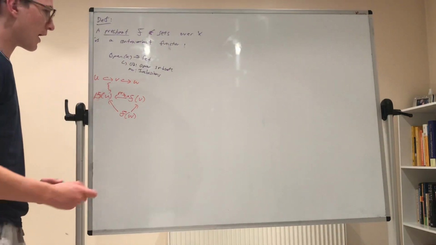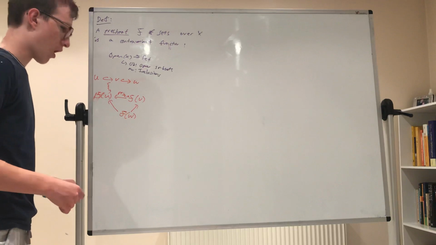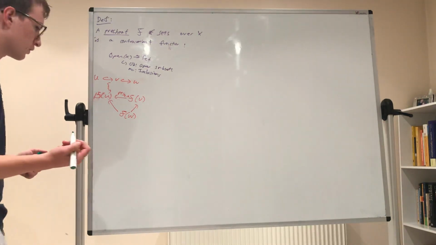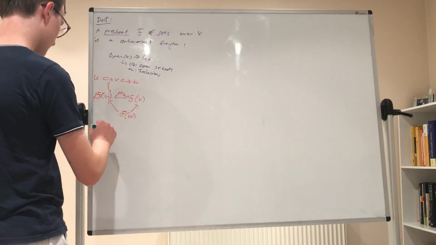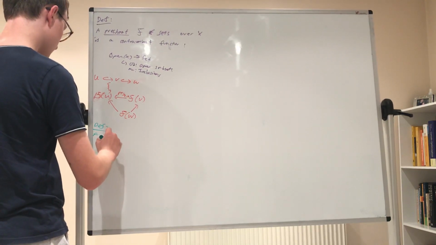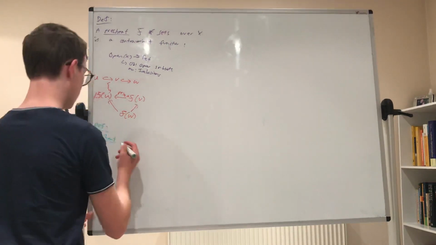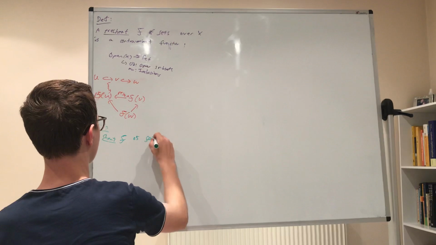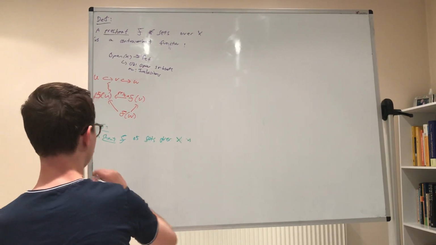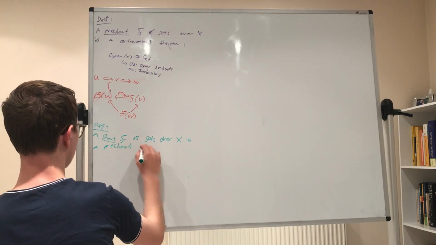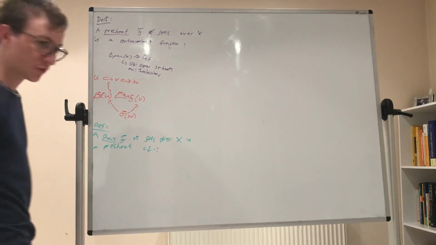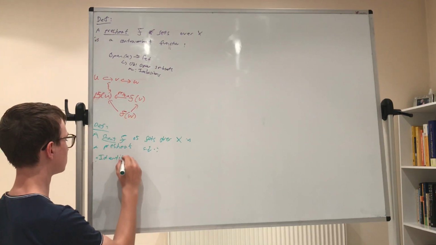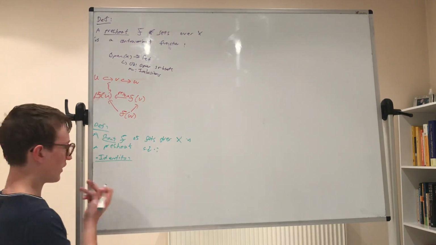Now, a sheaf adds on to this two slightly more technical axioms. Okay, so definition. A sheaf, which again we'll call F, of sets over some space X, is a presheaf such that firstly we have that the identity axiom holds. So we have the identity. So the identity axiom says that,